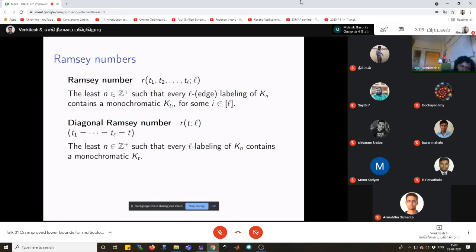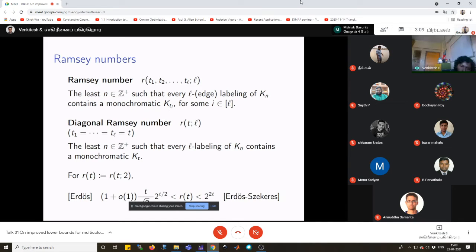I will be interchanging the terminology of labeling and coloring. Here we are anyways considering colorings which are not proper, which is why labeling should be the more appropriate term. But nowhere in this discussion are we concerned with proper colorings, and therefore I will use labeling and coloring interchangeably. So that's the basic definition of a diagonal Ramsey number.